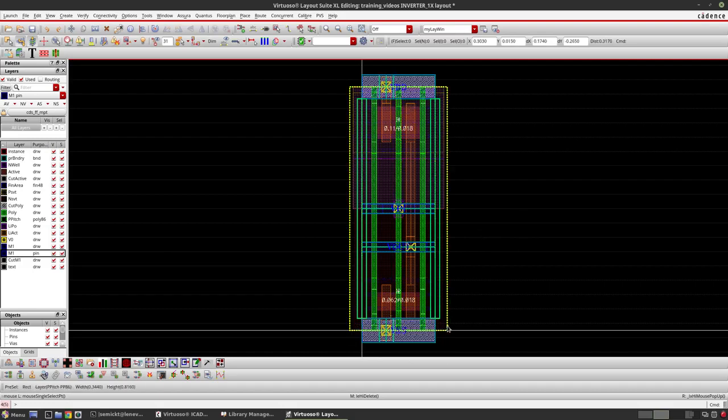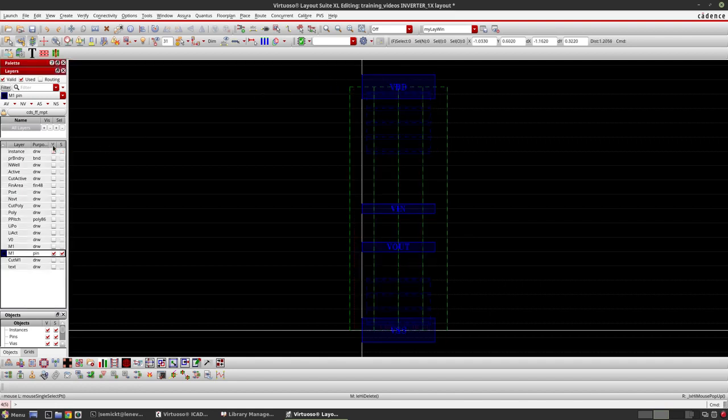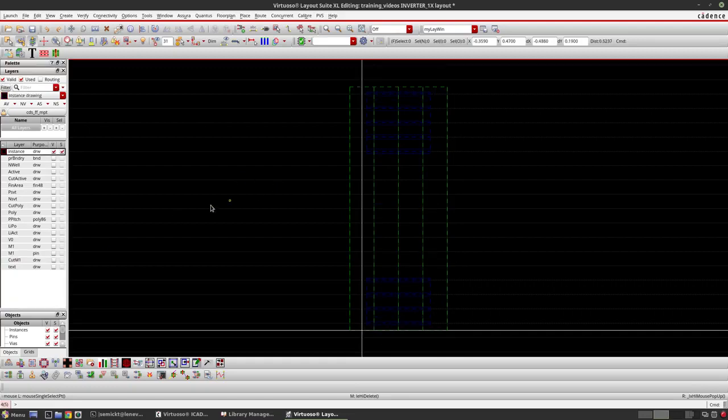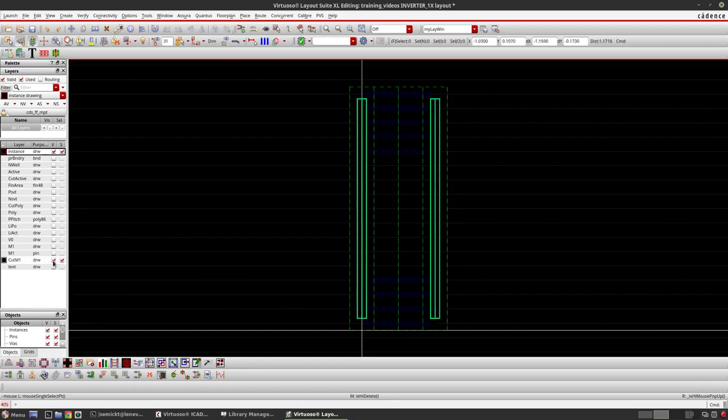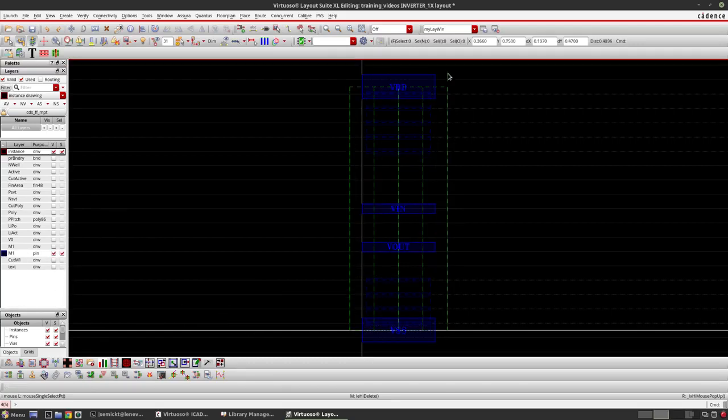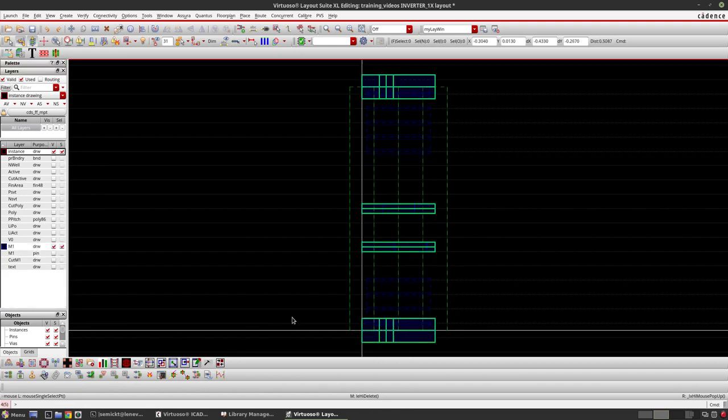So like this, you will be creating your inverter layout, and I will just summarize all the steps that I have discussed in this video from the beginning once again. So you will be having initially the empty black screen. First, what you will draw is all the metal layers, you will be drawing horizontally. All the metal layers will be drawn. Then you will color the metals alternatively, M1, M2. VDD and VSS should be in